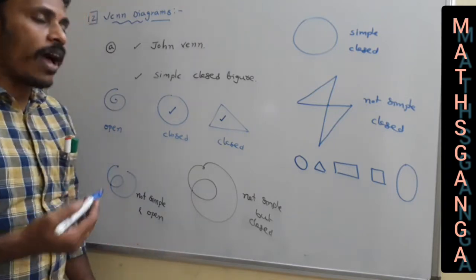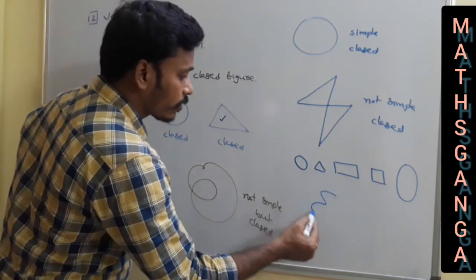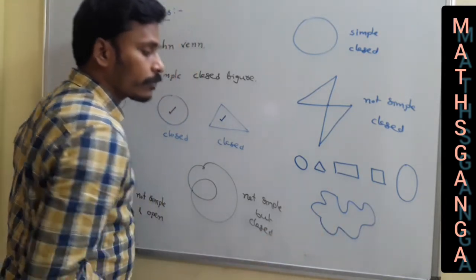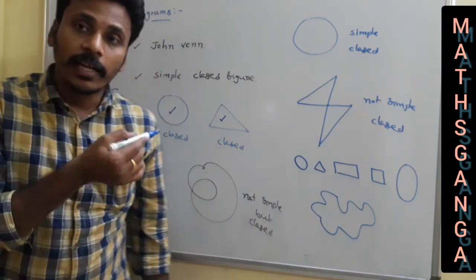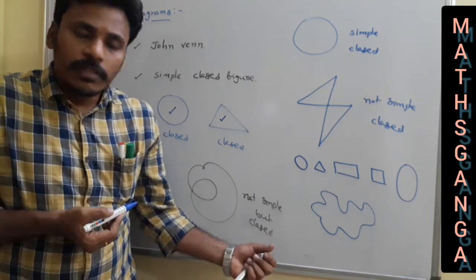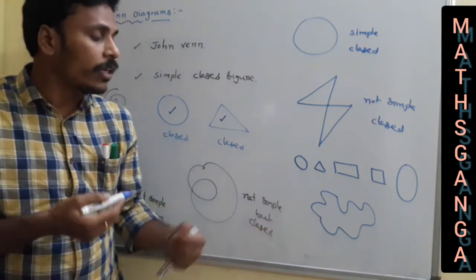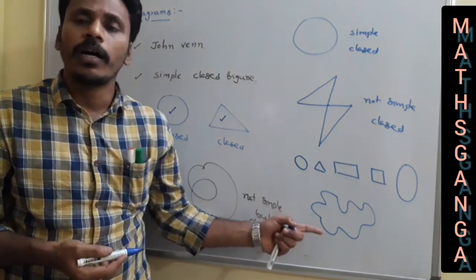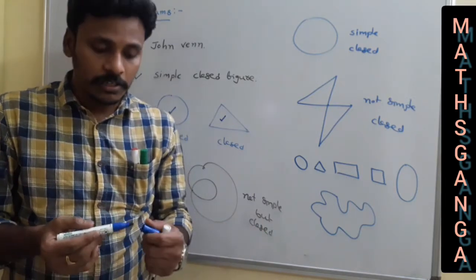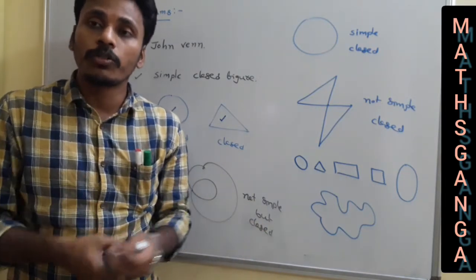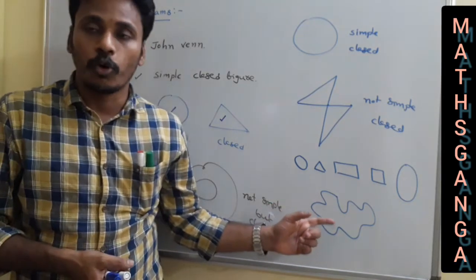Not only this, you can use any simple closed figure. For example, if I have a shape like this, clearly it is simple because there are no intersections, and clearly it is closed. So this is also allowed to represent a set. It means we will use these types of shapes also to represent sets. If many sets are involved in a discussion, then to represent all those sets in a diagram, rarely we will use these types of simple closed figures also.